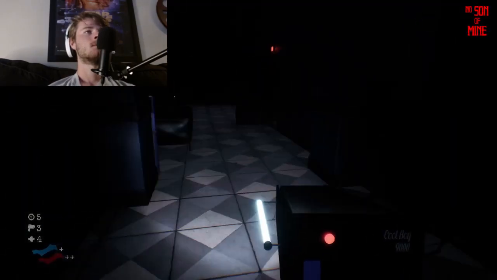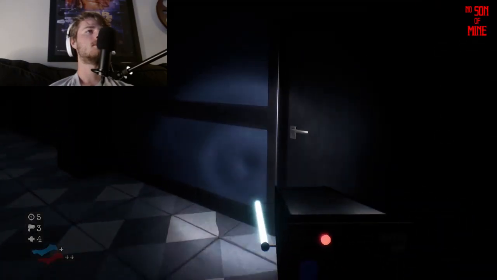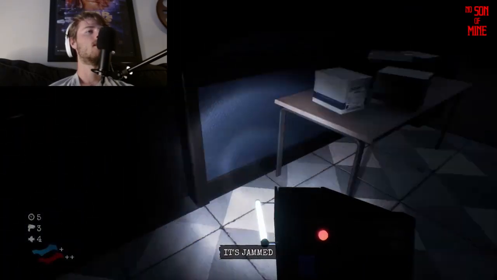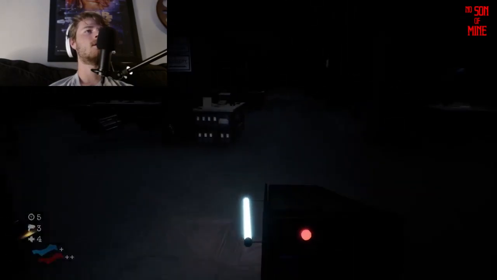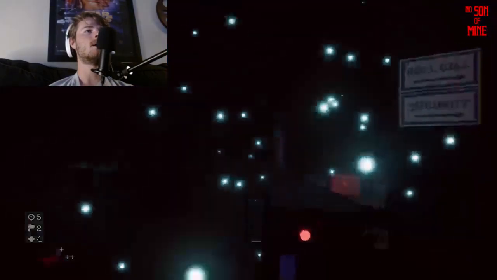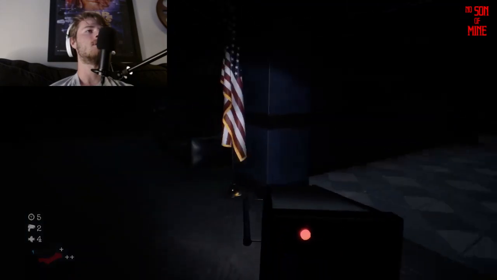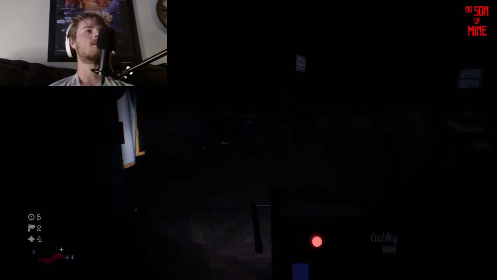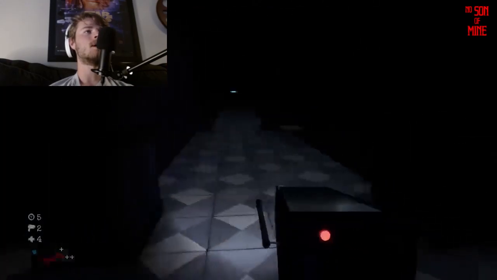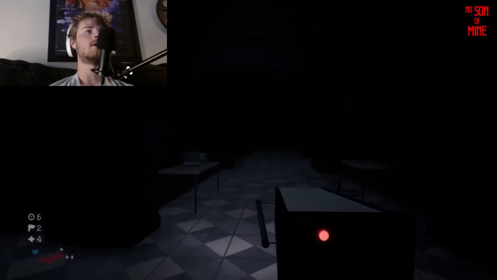But this area is still very cool, and it was still pretty cool getting to score to this area. I always found this area to be the most stressful of all of them, just because I feel like the hallways are a little bit smaller than they are in the school, and so this area just always stressed me out the most out of all the areas in this game.